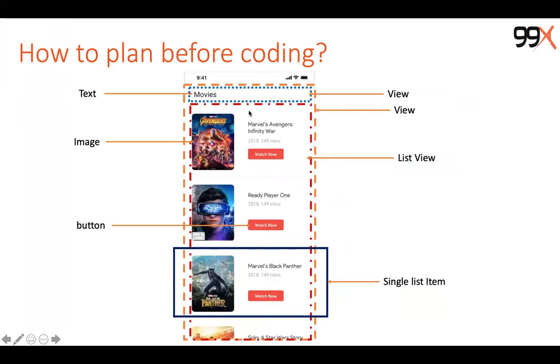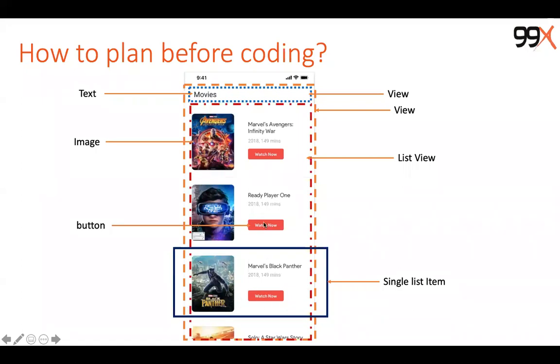All right, so let's go to the breakdown. We need a plan before coding. If not, we'll take more time, and ultimately our end result will not be as we expected. So this is the image that we promised to build today. First of all, there should be one view. If you are coming from web backend, we call it a div. We can go with the same concept. Inside that, we should have two separate containers, two separate views, to render the header title, and then the